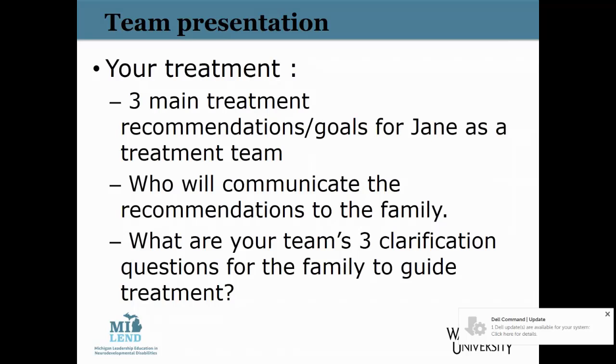And that can be asking questions, but we've come up with many more than 3 questions here. So the first point is, what are your first recommendations of things that you would want to do to answer some of your questions? The second part is, how are you going to communicate this to the family? And then, because there are a lot of open questions, there's probably going to be some things that are not recommendations, but are clarification questions for the family.